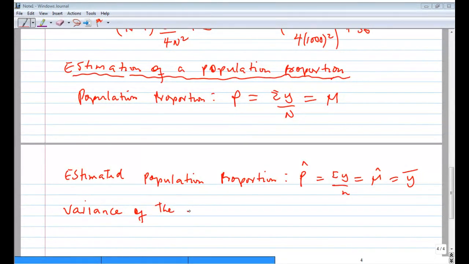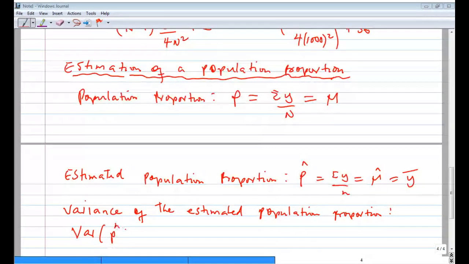So the variance of the population proportion is given by var of P hat. This is the variance of the estimated population proportion. Var of P hat, which is equal to